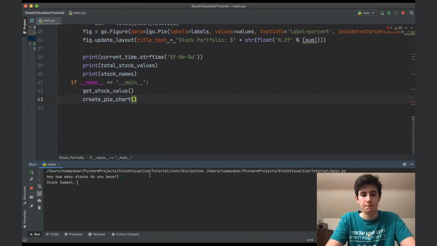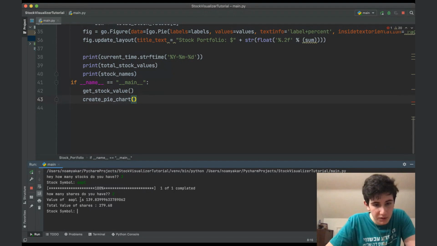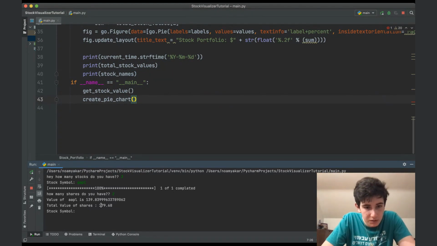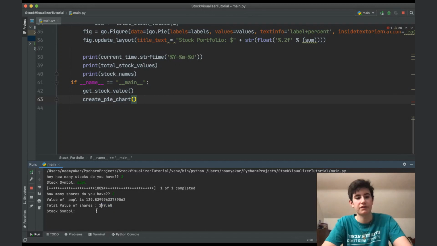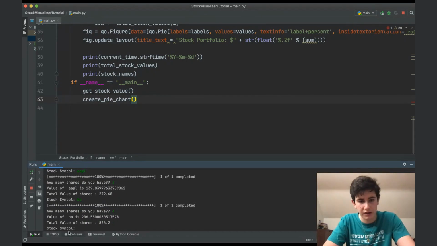Okay. First one is Apple, and it doesn't matter if it's lowercase or uppercase. Apple, AAPL. I say 2 shares. It says value of Apple is 139.2, 2 shares is equal to 279.68. Okay, fine. Next one is Boeing. I actually have Boeing shares. I'm going to say I have 4 shares of Boeing. And the value of BA is 206, the total value is 826. Great. And the last one is going to be,